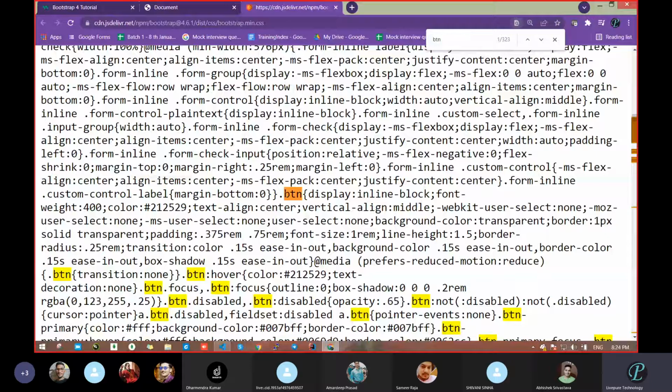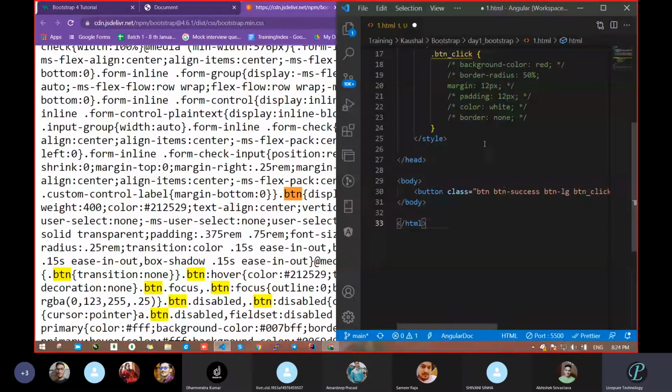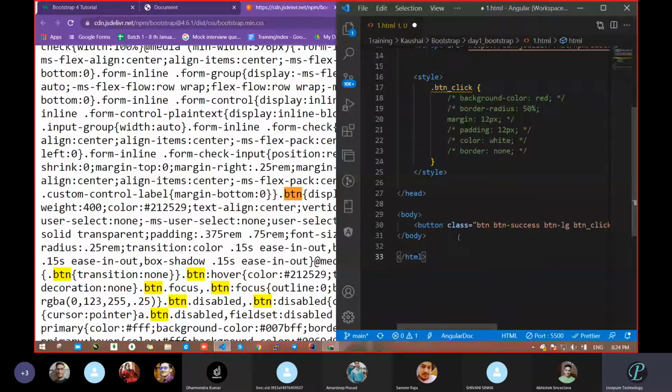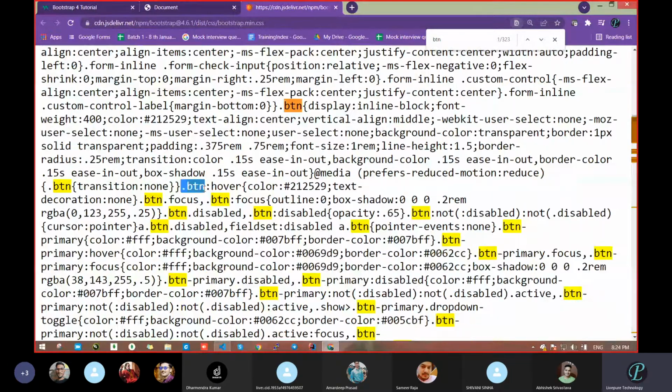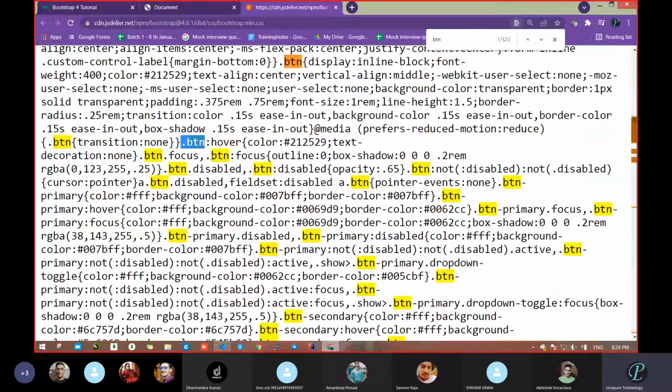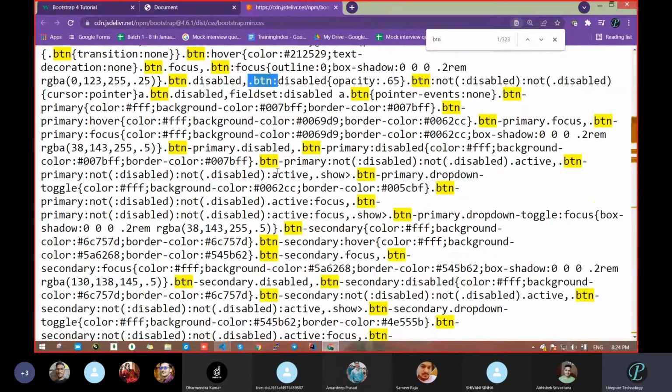So see, we got something, btn, and what we had taken in the case of btn, a class. Class means what? Dot should be there, correct or not? Dot means again here we got the dot btn. Then see, all this yellow color has dot btn. Means this CSS is already defined somewhere.